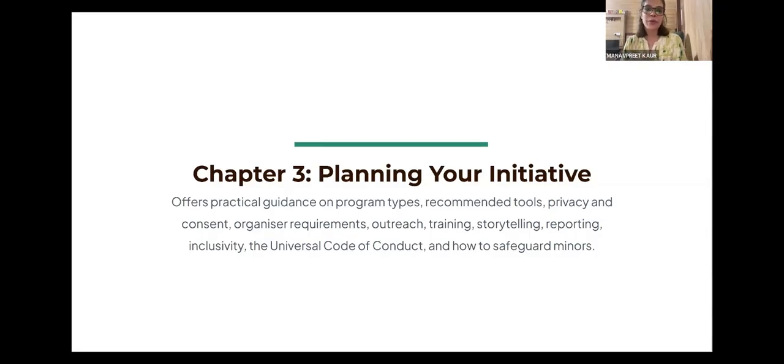And that's why when we're working on this chapter, the one thing we have highlighted is that when we design EduWiki programs, the question is not what Wikimedia activity should we run, or what kind of activity should we do with education? The real question is, what should the learners gain from it?